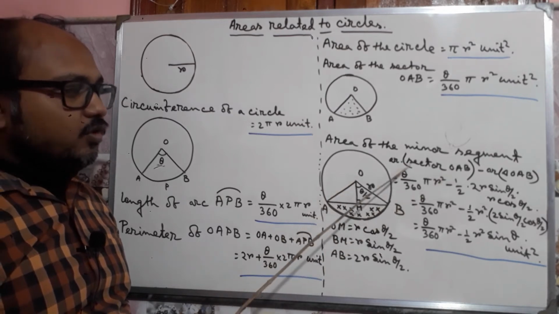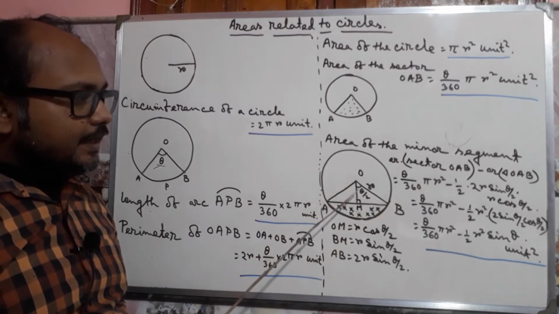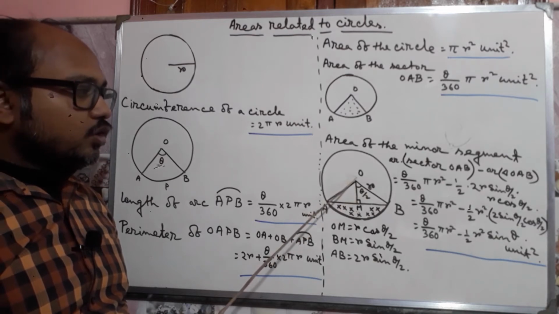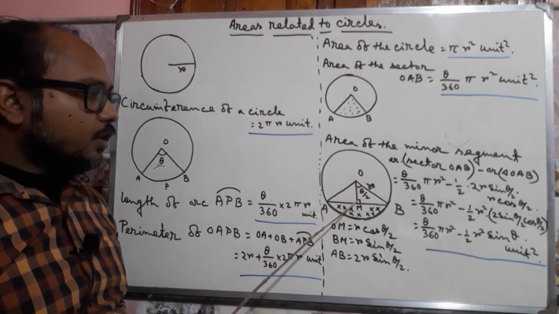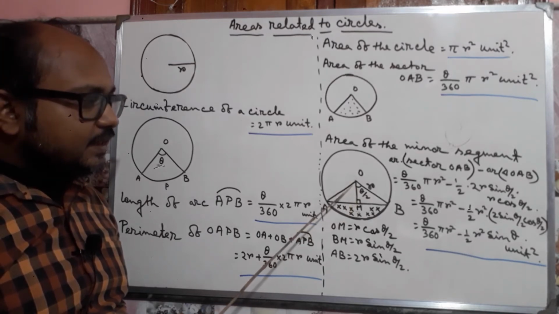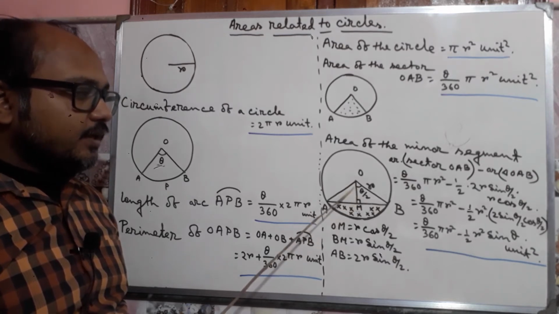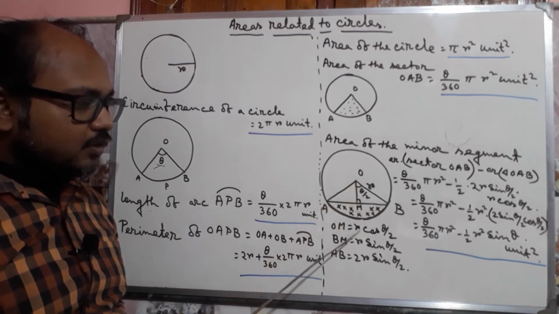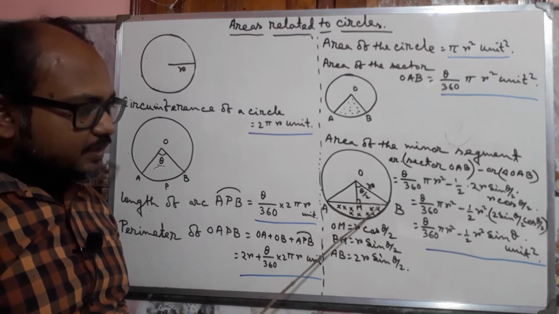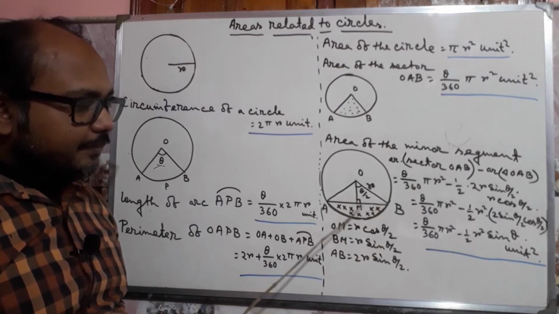We know the area of this sector is theta by 360 pi r square. Now to get the area of this triangle, we should draw the perpendicular from the center O to AB. Let this be OM. So it bisects the angle at the center. So this angle will be theta by 2 and this angle M is 90 degrees. Then using trigonometry, OM is equal to r cos theta by 2 and BM is equal to r sin theta by 2, and AB is double of BM, that is 2r sin theta by 2.